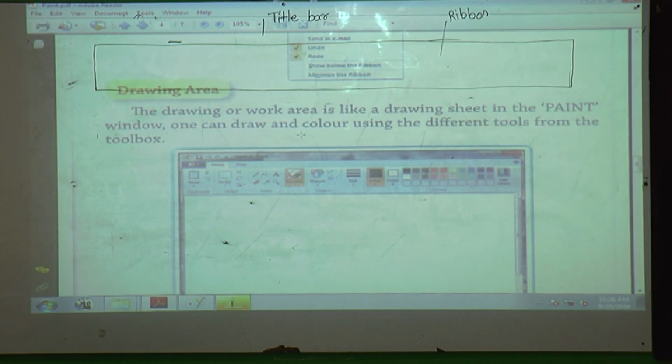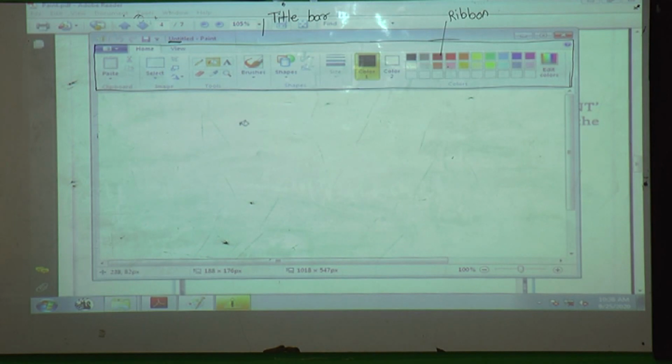One can draw and color using the different tools from the toolbox. It means if you want to draw, give color, or draw any shape, we can choose these tools from the toolbar and draw. Now we have only seen this. Again we will draw different shapes.